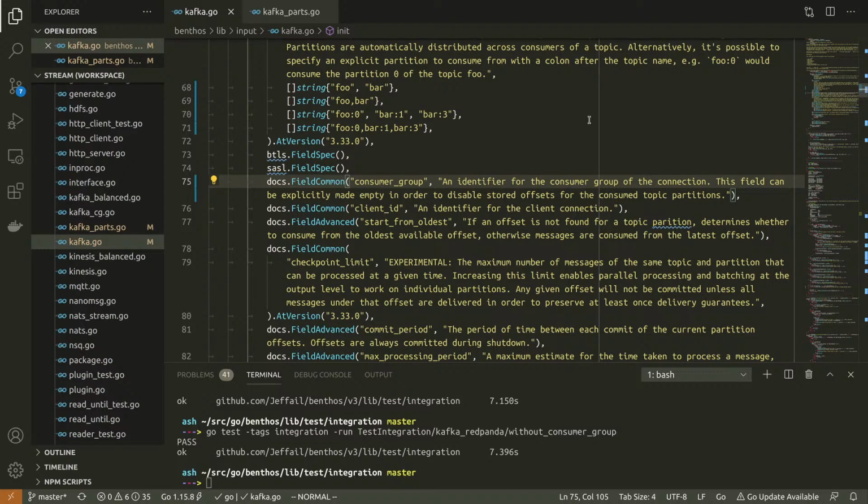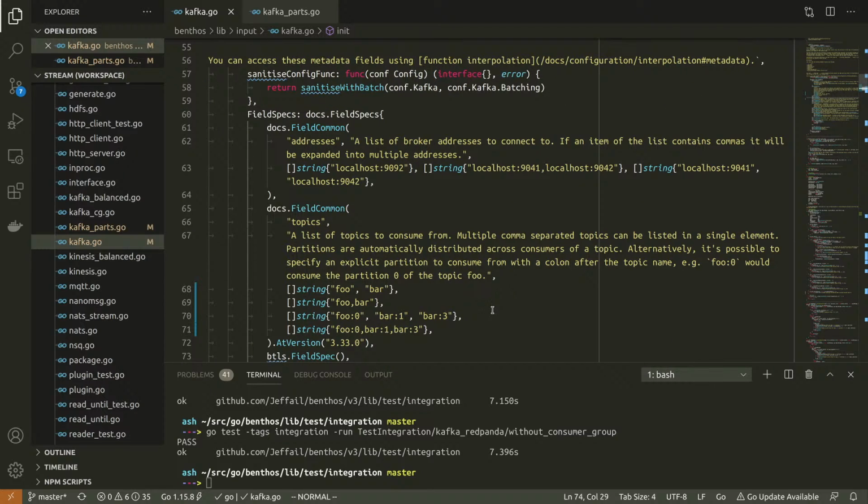I'm wondering if I should do the range bit now and just get it out of the way. Yeah, I'll tell you what, let's do this now.